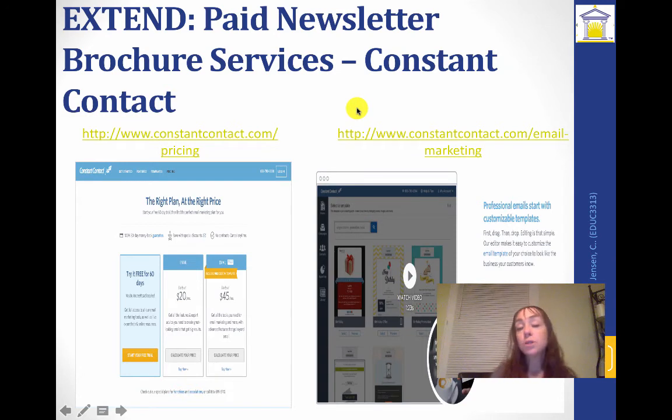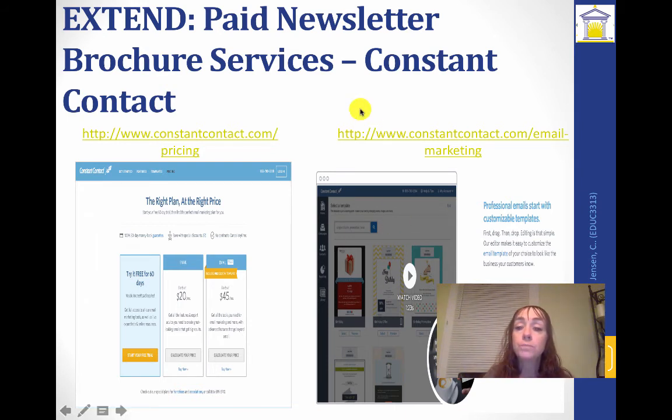The one similar to it that you might see, and a lot of folks use, is Constant Contact. It starts at $20 a month and goes up from there, so it's not free. It's free for 60 days, but after that it's $20 a month. It does have more features and more capabilities. If you need those, then you'll look at Constant Contact. I assume that for your classroom, MailChimp should be enough,